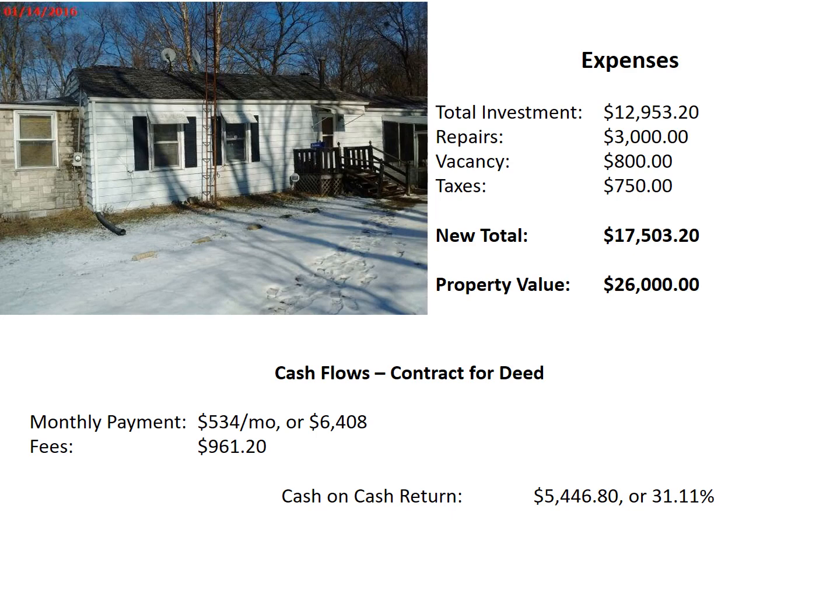So the monthly payment on that for a 5-year term is going to be $534 per month, or a gross of $6,408. Fees to PIP on that amount each year would be $961.20. That gives you a cash-on-cash return each year with interest of $5,446.80 for 5 years, or a consistent 31.11% return each year on your investment until the home is paid in full. So you're essentially clearing about another $8,000 in interest by doing the contract for deed.